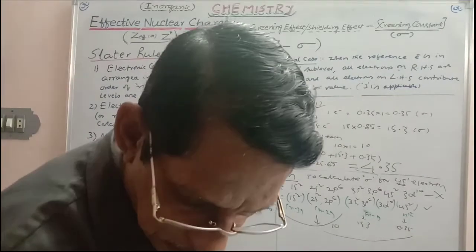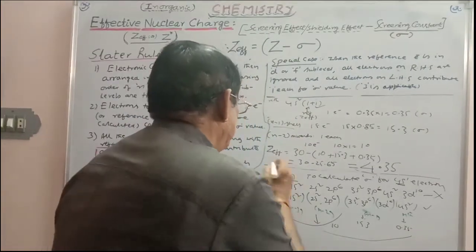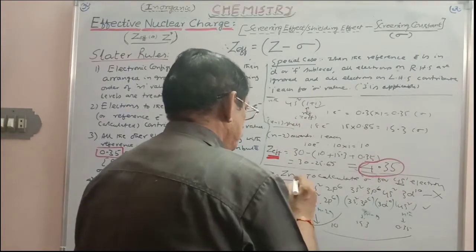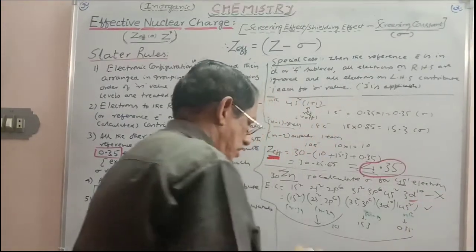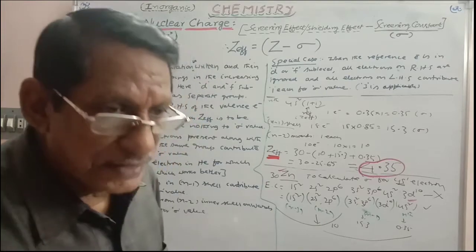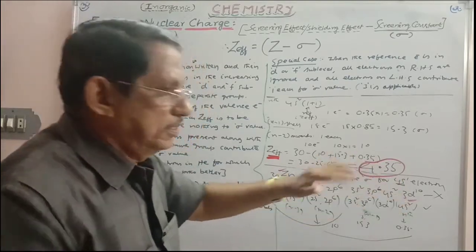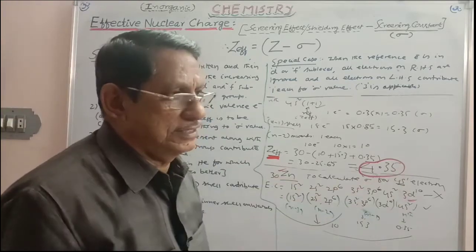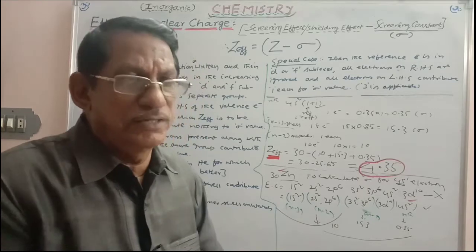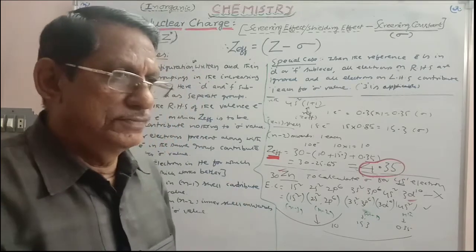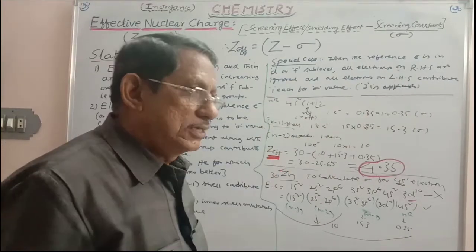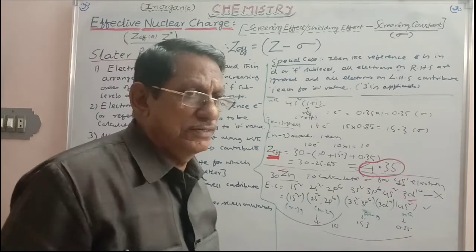4.35 is the Z effective for zinc, for this 4s1 electron. If you take the 4s1 electron, the effective nuclear charge is only 4.35. The remaining total value is completely present in the screening constant, and that value is not acting on this 4s electron. Based on that, we can explain the properties: ionization potential, atomic radius, etc. Okay, this is how to calculate Z effective for the valence electron. Now let us consider the inner reference electron also. So please take it.